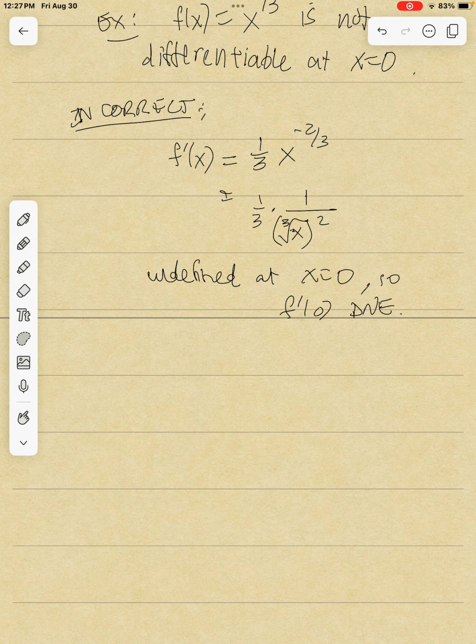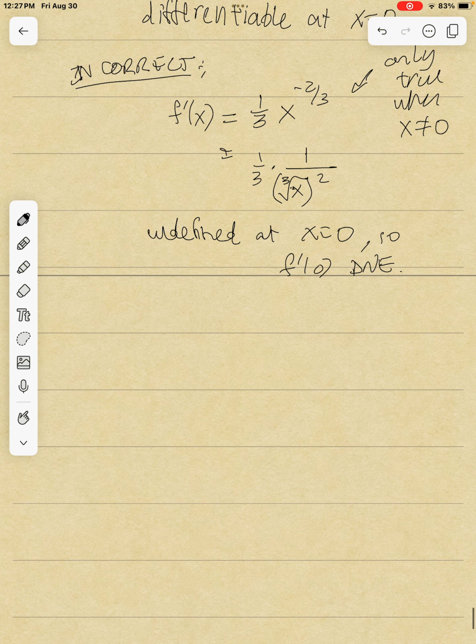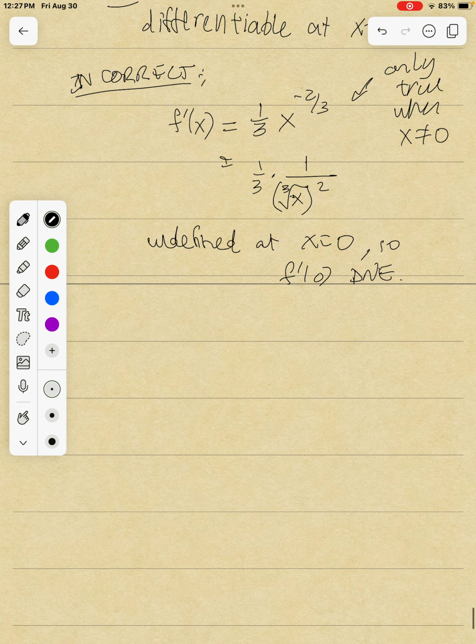The thing is that this is true, f prime of x equals 1/3 x to the minus 2/3, only when x is not equal to 0. And that's the issue. Saying what the derivative is when x is not 0 doesn't tell you what the derivative is at x equals 0. So the correct way to do this is you have to use the definition of the derivative,